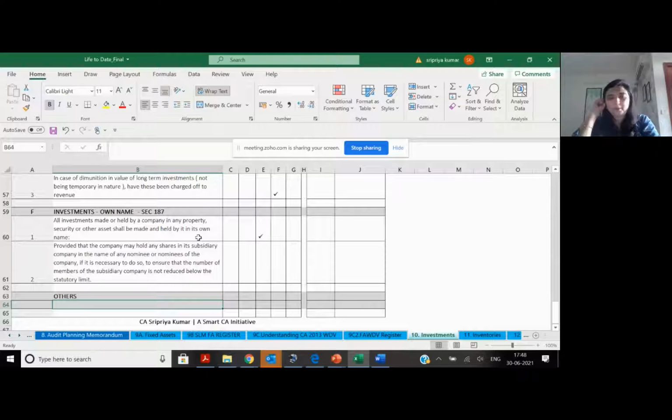One very peculiar problem I have found in the process of my review. Again, I'll tell you the most important thing. You have invested in a company, your client. How do you know that company exists? It's a huge fraud angle that you need to examine. In a lot of cases, my client would have got a 20 crore bank loan. He has given 18 crores to another company, invested in that company. 16 crores is share premium, 2 crores is the share capital. You as an auditor, please make sure that that entity at least exists on MCA records and get a confirmation.